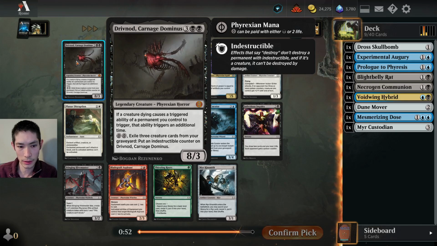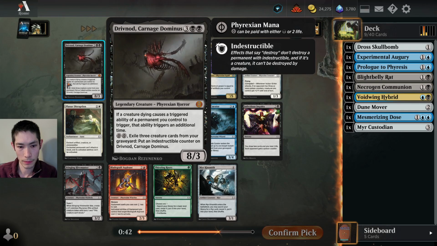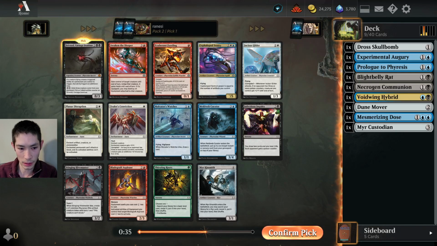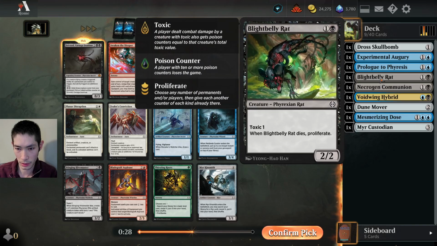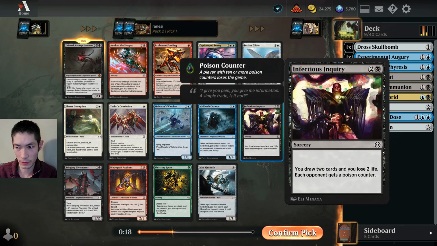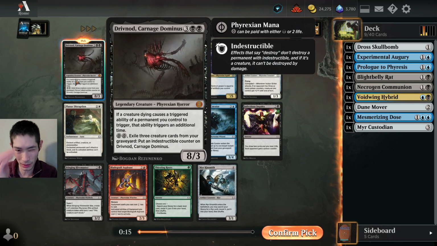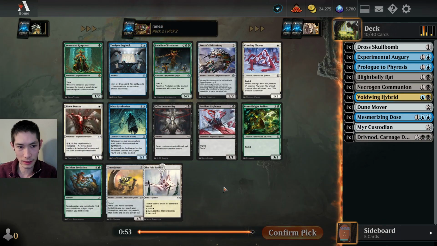If a creature dying causes triggered ability of a permanent you control to trigger, that ability triggers an additional time. Not really sure how good this ability actually is, but I'm not sure if there's any card that's really better. I mean, what do we have that has anything that dies? I guess the rat. Is the other 4/4 for 5 that dies and proliferates, or proliferates when it comes into play? Infectious Inquiry is really good here, but we'll go ahead and take this. A little bit awkward though, an 8/3 kind of dies to a lot of creatures, so I guess you can put an indestructible counter on it, so we'll take it. I don't know if it's really worth playing, but